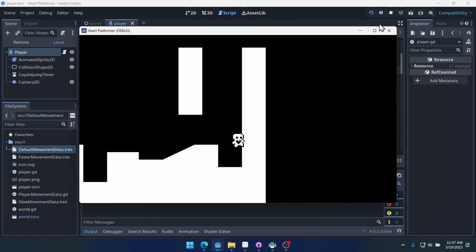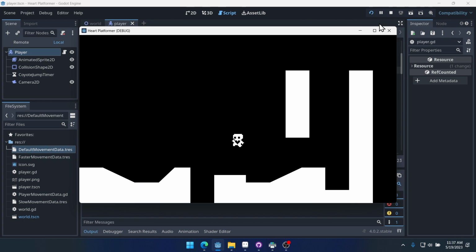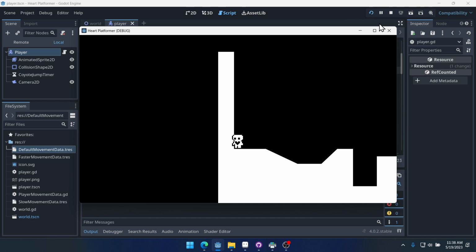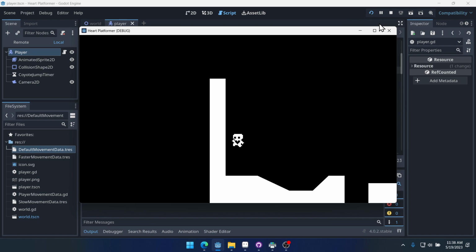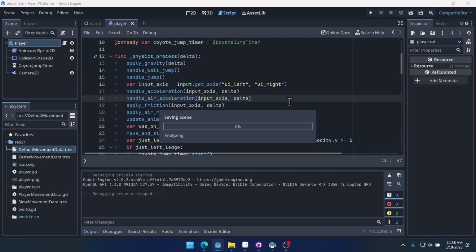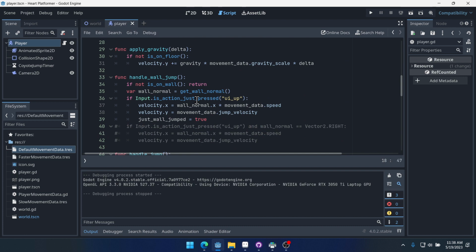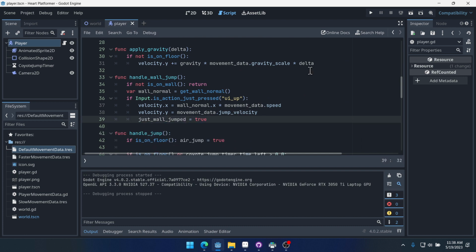Okay, now this is a problem. See that? When we're in a corner right here and we try and just jump while we're holding forward, it actually wall jumps. And that's a problem. So how can we solve that problem? Well, for our wall jump, let's remove this code since we're not going to use that anymore. Instead of doing is on wall, I'm pretty sure there's a function that is